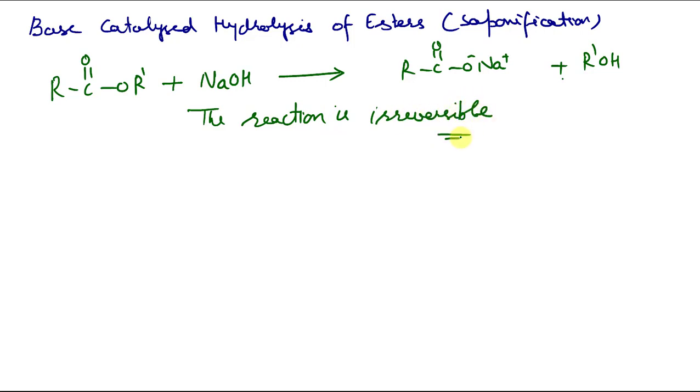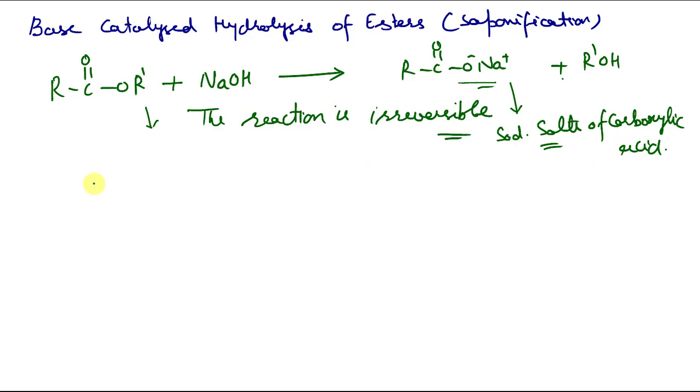It is not like acid catalysis, which was a reversible reaction. So it is an irreversible reaction. That is why base catalyzed hydrolysis of esters is preferred if we have to hydrolyze these esters. And these are called sodium salts. If we use sodium salts of carboxylic acid,